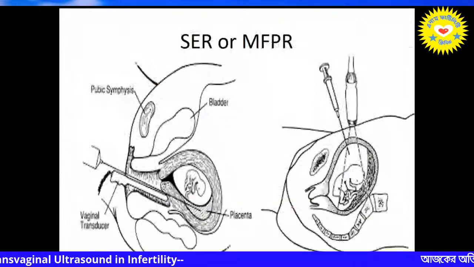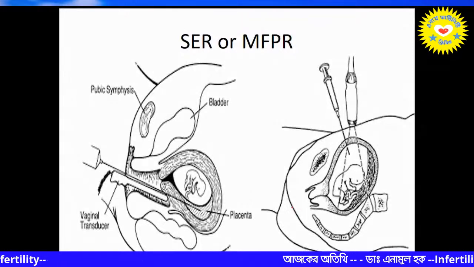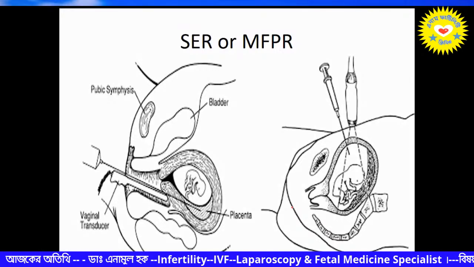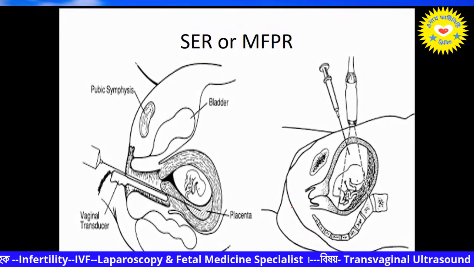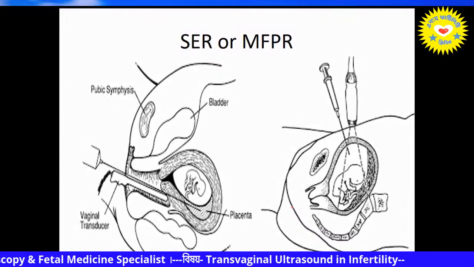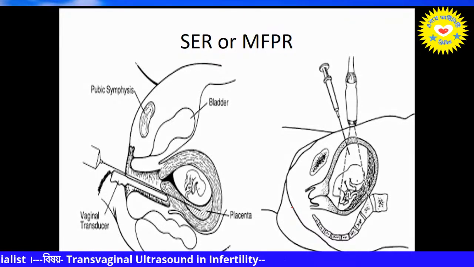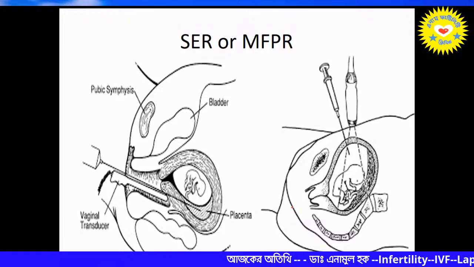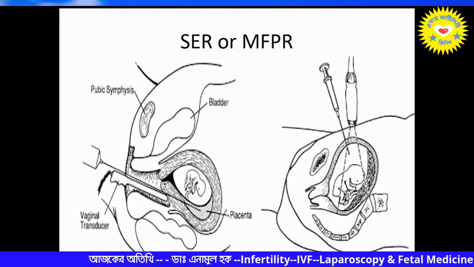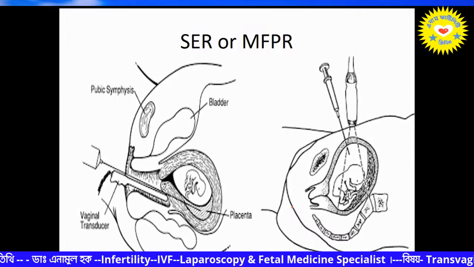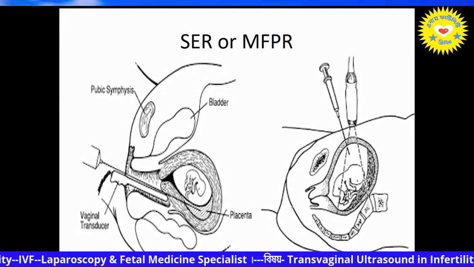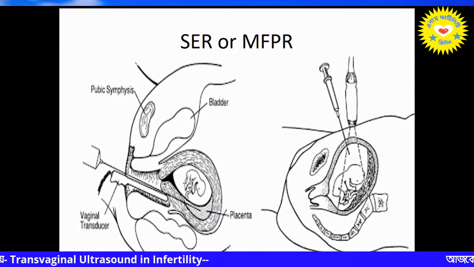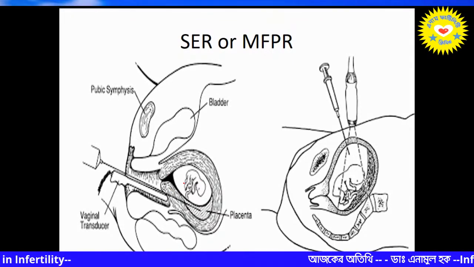And now in an ART cycle, multiple pregnancy is common because we are transferring 2 or 3 embryos. So there is more chance of multiple, even triple pregnancy, even 4 embryos can be transferred. So you can get 4 pregnancies also. So in reproductive management, we are now doing selective fetal reduction, or selective embryo reduction, or multifetal pregnancy reduction. So in multifetal pregnancy reduction cases, we can reduce the pregnancy up to 2 by doing transvaginal